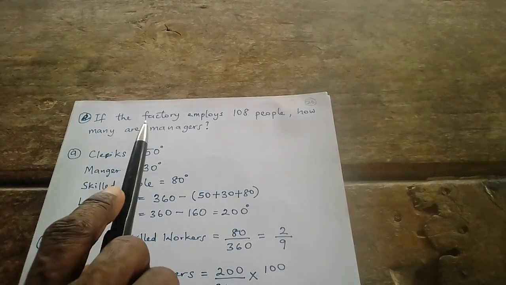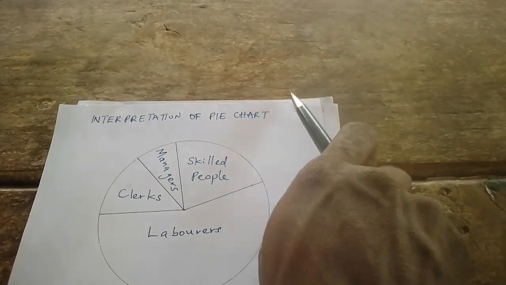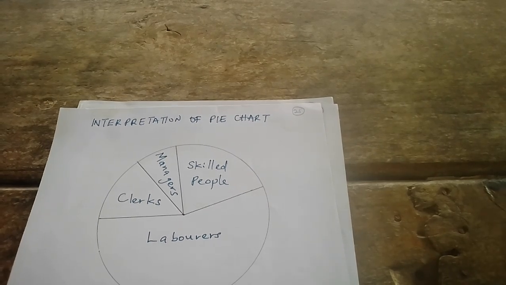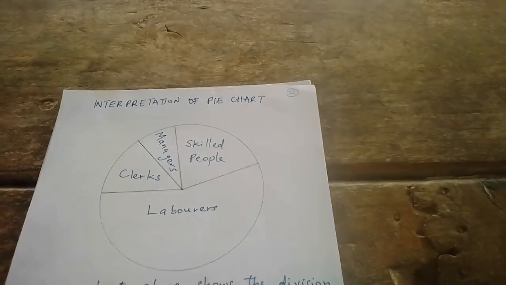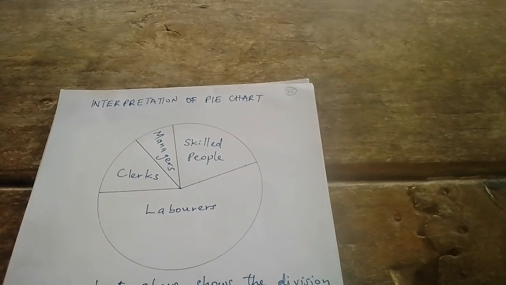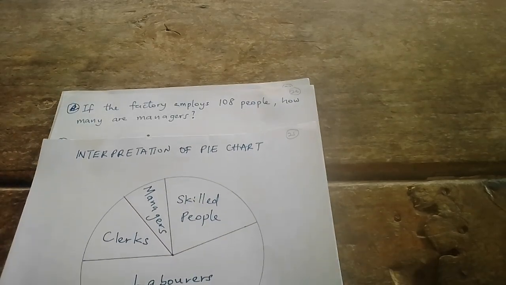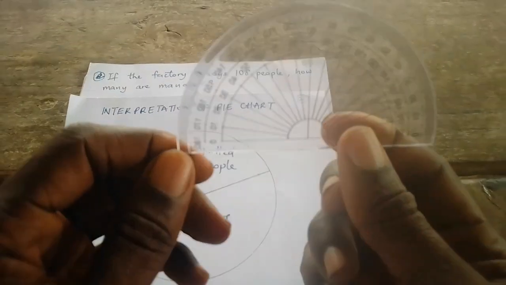So you see in this question, this is drawn to scale. Instead of giving us figures, we were just given the charts, so we are expected to decode all the information on these pie charts. The first thing is part A of the question: what is the sectorial angle of each division of workforce? To look for the sectorial angles, for the clerks, you are going to use your